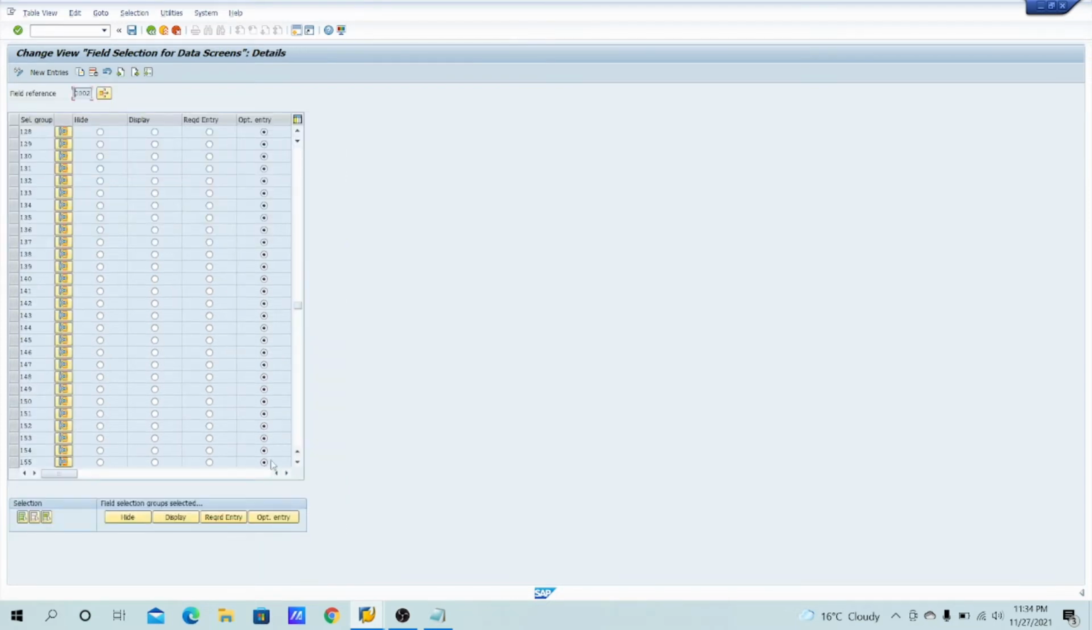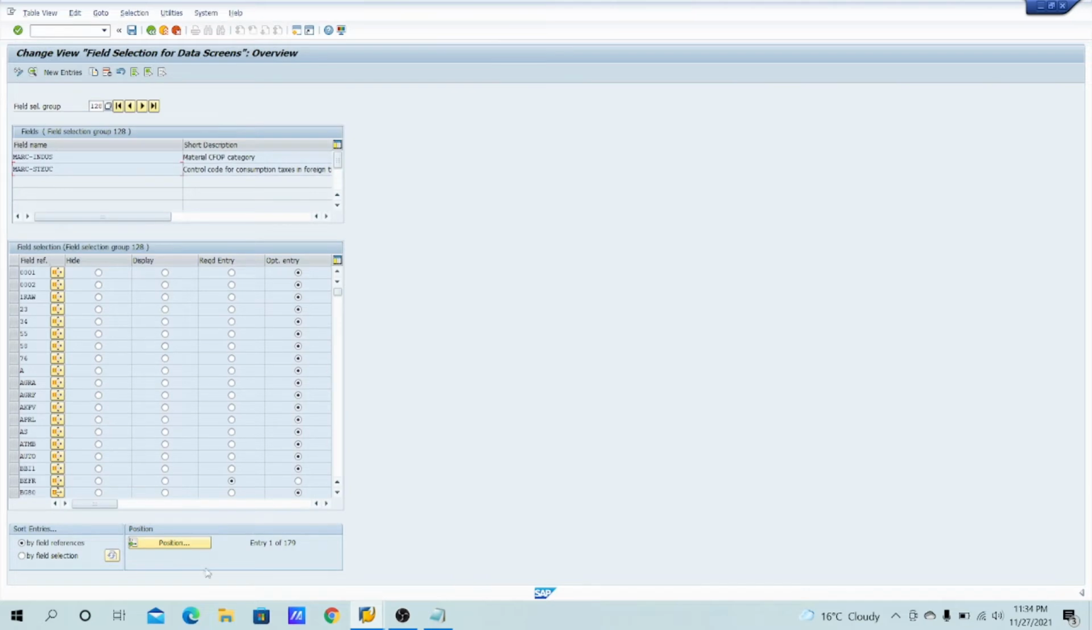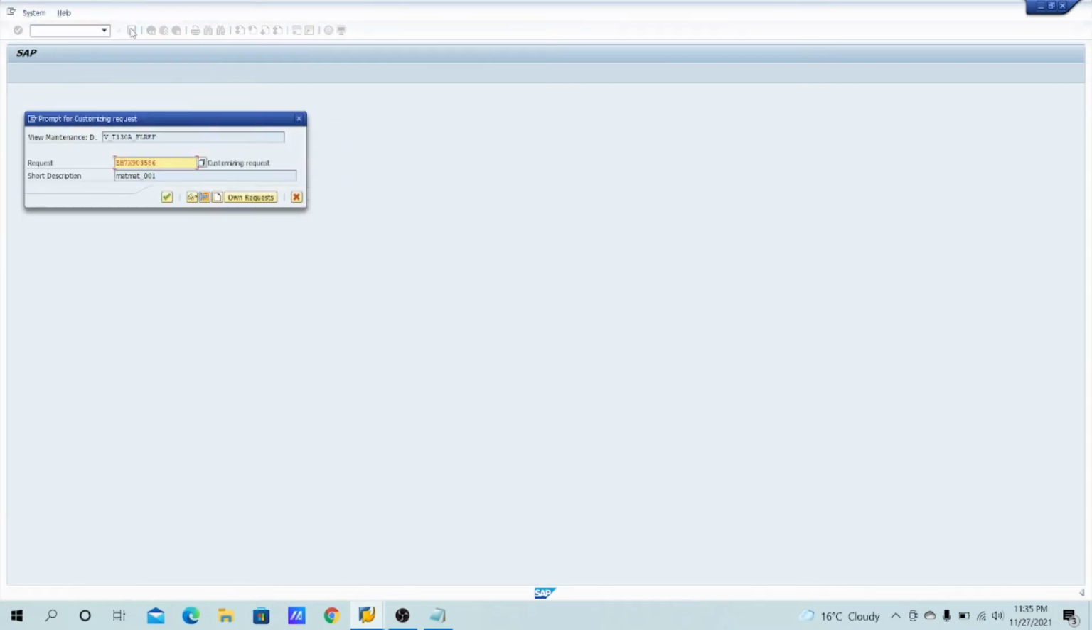Go back. Here you need to select the material type FERT. Right now it is an optional entry, that means we can enter or we cannot enter, and the system will allow us to make the material master. But when I click here, that means the required entry, after I save it,